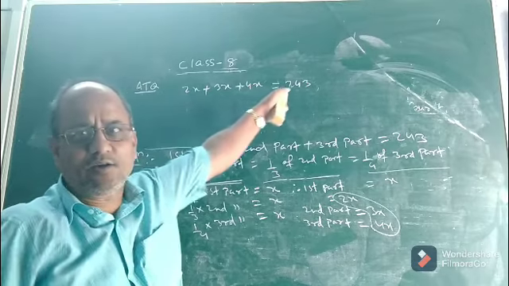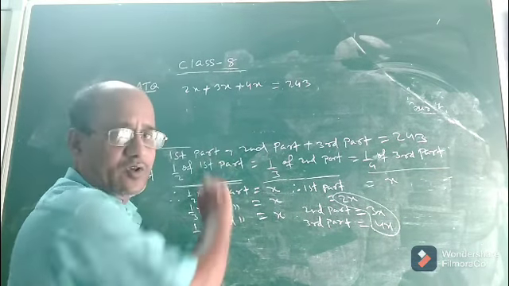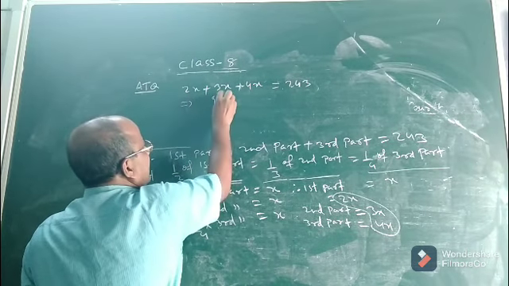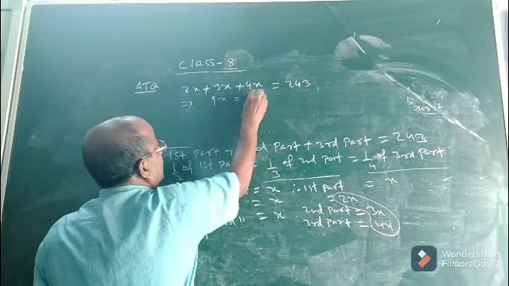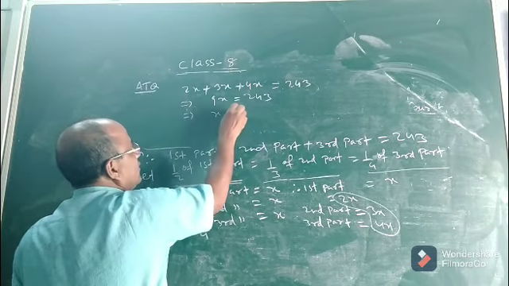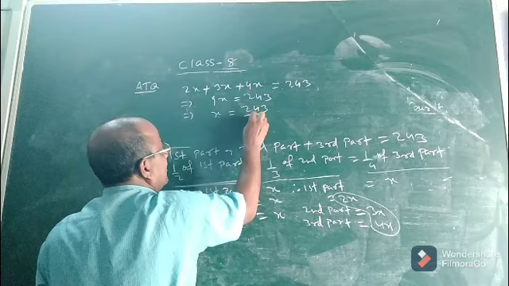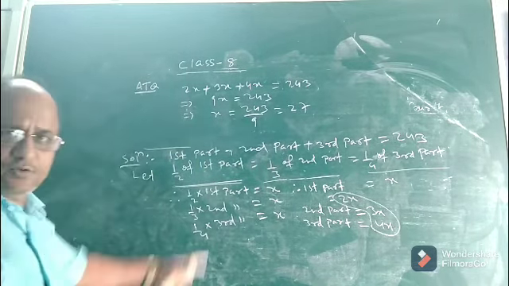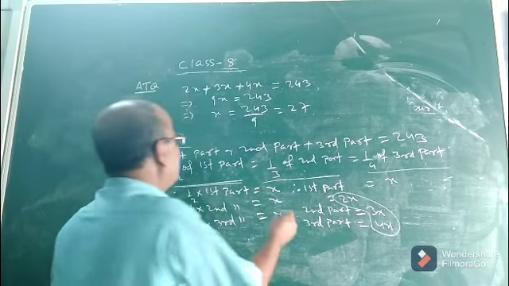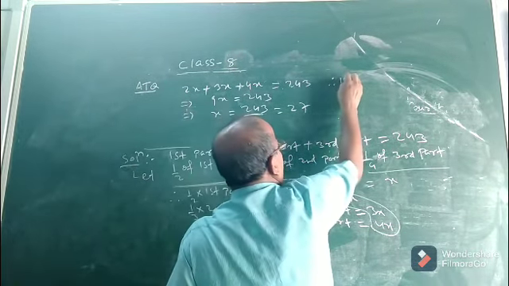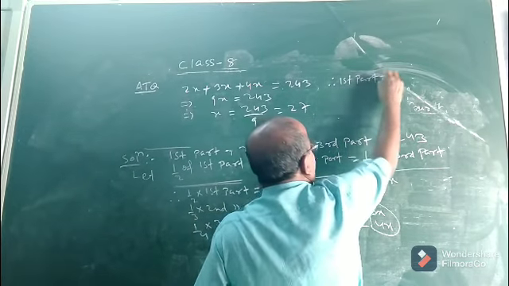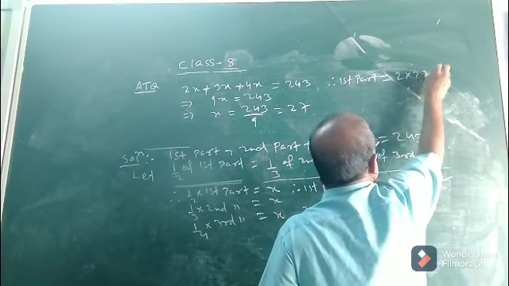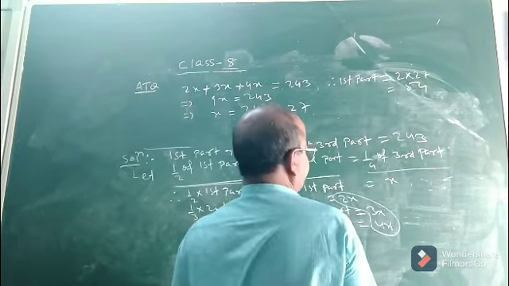So you see clearly you got a linear equation in one variable, and if you solve, you can find x easily. So this will be 9x, 9x will be equal to 243. So x will be equal to, you can easily solve now, 243 by 9, it will be 27. See, x will be 27. Now if x is 27, you can easily find out the first part. Therefore, first part is 2x, 2 into 27, which is 54.